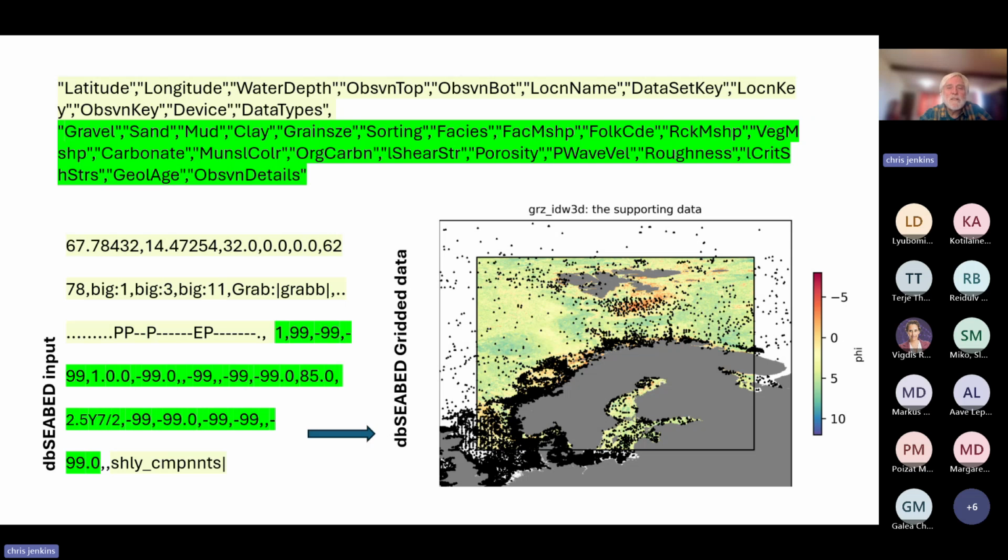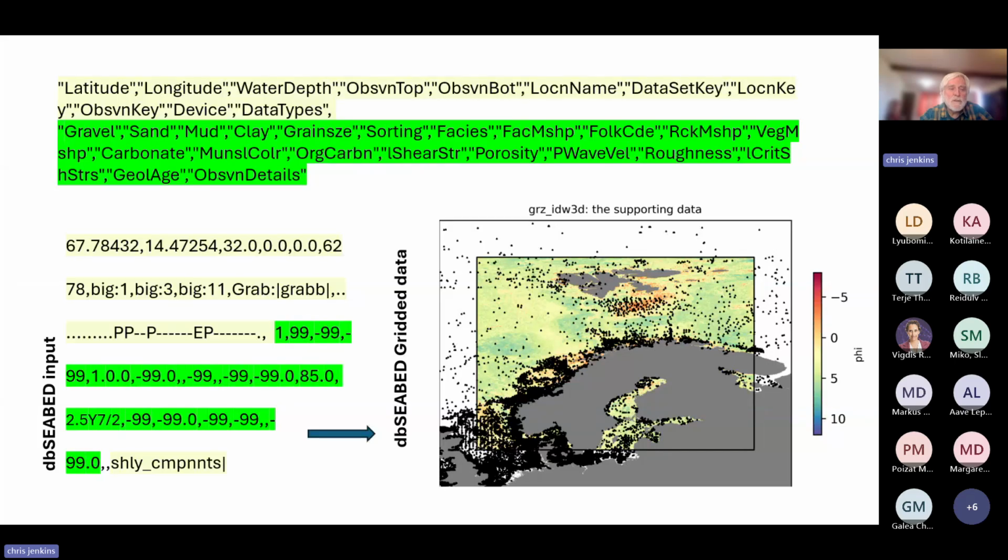This is a GIS-ready table. You can see the column headings there. They're pretty standard. This is our top 20 of parameters: gravel, sand, mud, clay, folk code, rock membership, carbonate, organic carbon. So these are the categories that we harmonize data into.